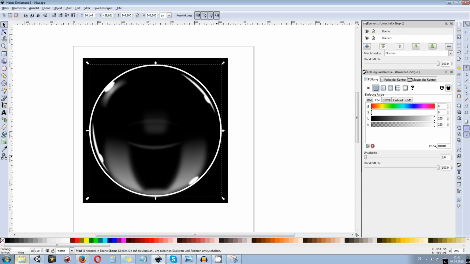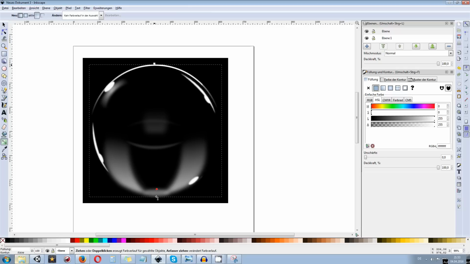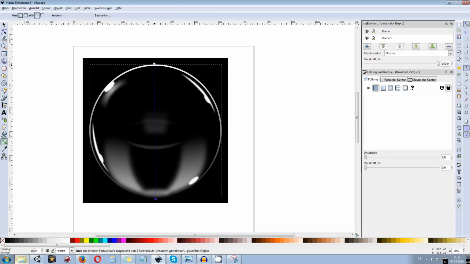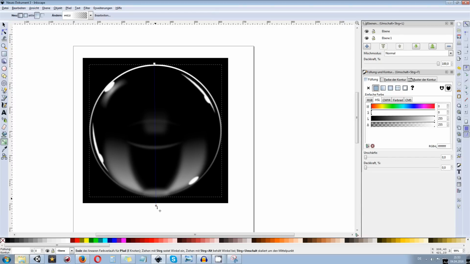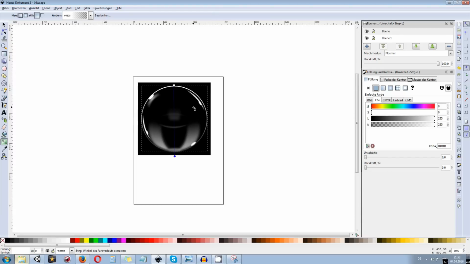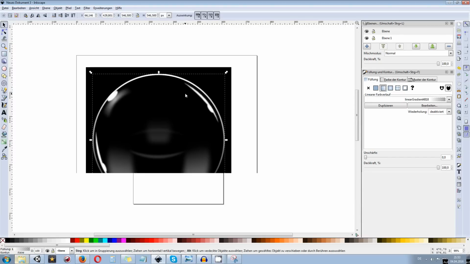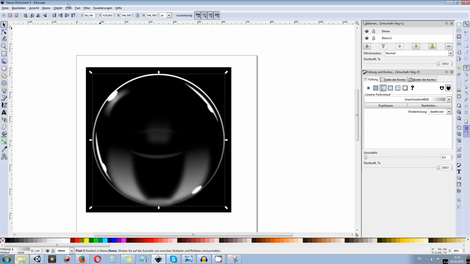And the last part is the border itself can of course take a gradient, so we start to create a gradient from the very top to the bottom, and maybe drag this one over just a slight bit, so we have the light basically at the top, and at the bottom we have a very slight gradient or invisibility by the opacity. Okay, so now we are done with our bubble.